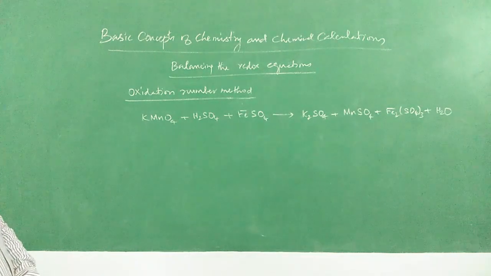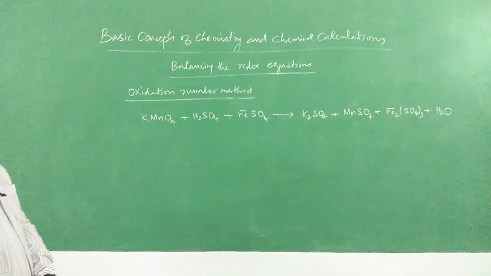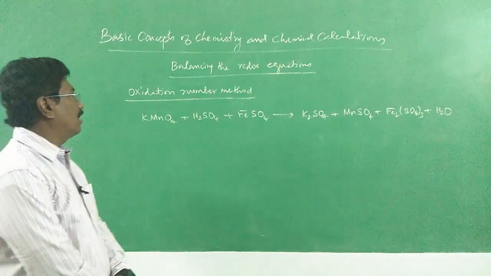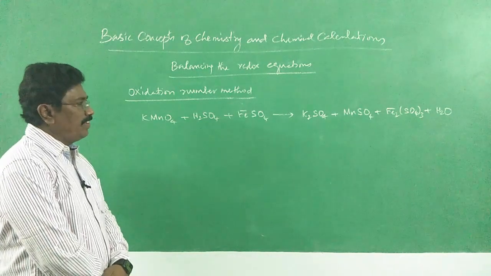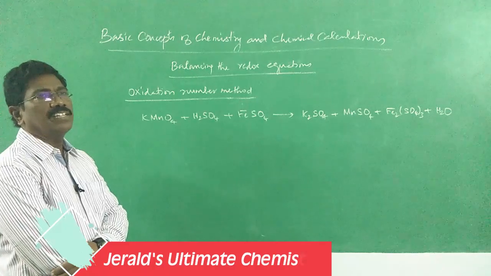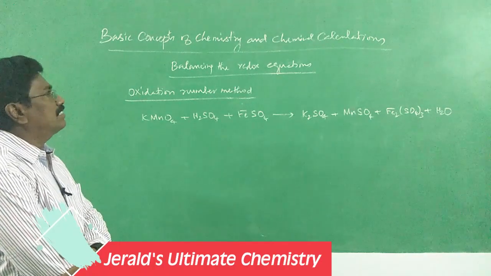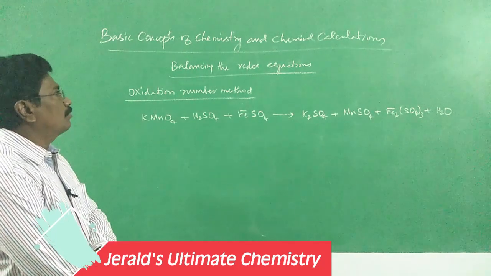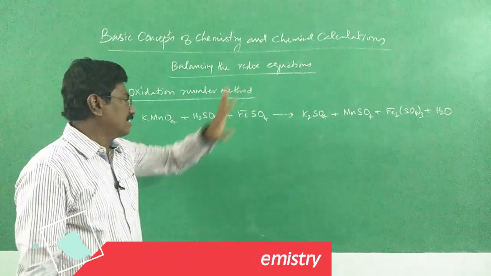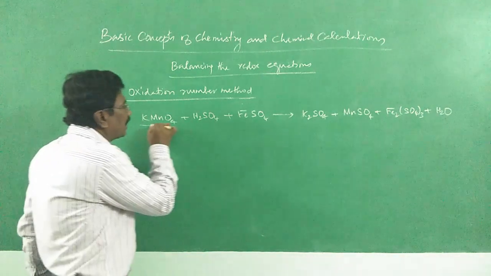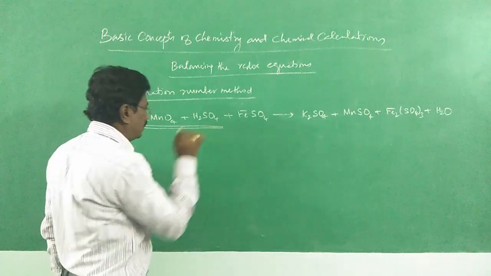How to balance this equation? To balance a redox reaction using oxidation number method, we have to find out the elements which are oxidized and reduced, because oxidation and reduction will be taking place simultaneously. That's why we call it reduction oxidation, redox. Here I said acidified potassium permanganate is an oxidizing agent. That means